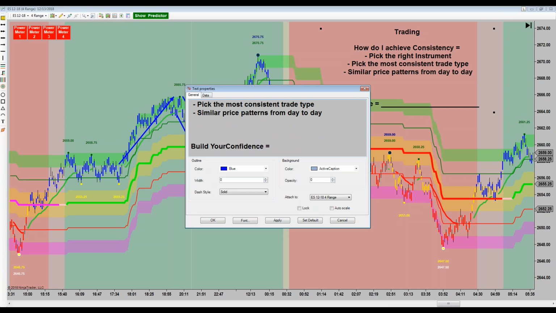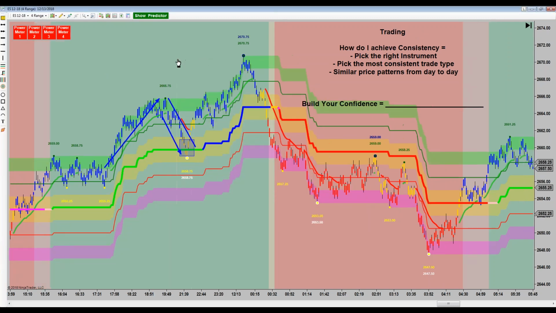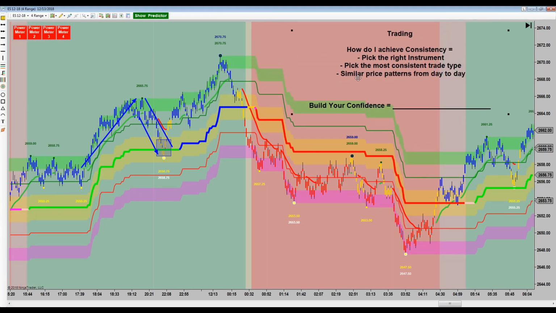Okay, let me ask a question to the team here. How many of you, your trading sometimes goes like this? This would be like a typical trading day. So you get up, you turn on your machine, you get all the charts and everything all set up on your screens. You go make some coffee, maybe you have a little Danish or a snack or a little bit of breakfast, and you're ready to go. The market's ready to open. It's going to take off. You're feeling good. You're going to make a ton of money. And then you pull the trigger right out of the gate, and bang, you get slammed with a stop out right out of the gate.